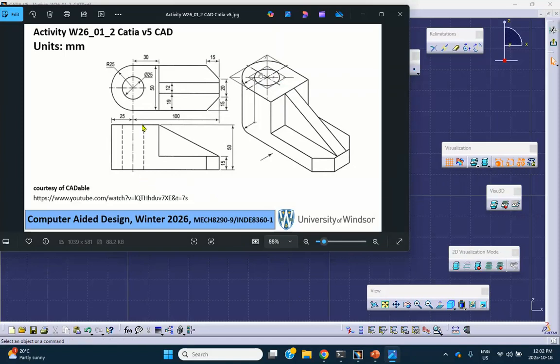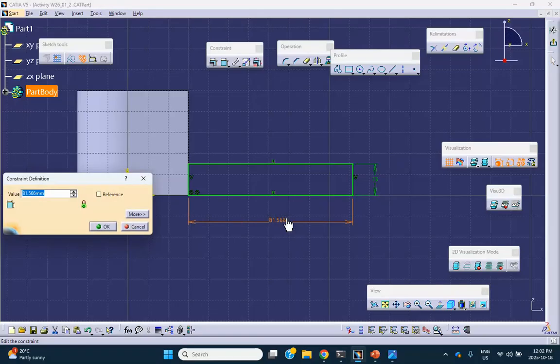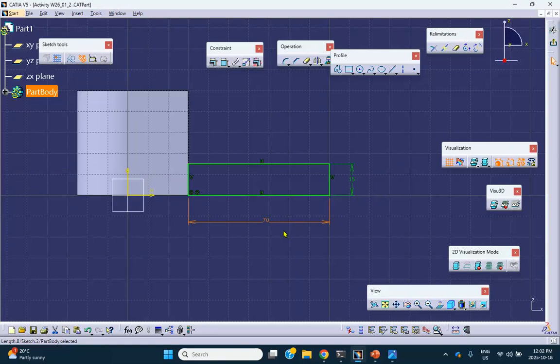Now, the whole length here from the center all the way to that end is 100. So there are other ways of doing it because I have some other dimensions here. From here to here is 100. This punch up is 30, so that should be 70. So I go up there, dimension 70 for this. Okay, good. Exit,